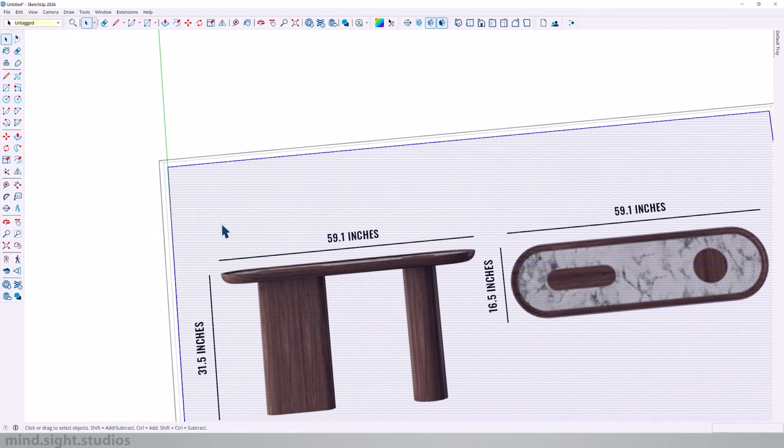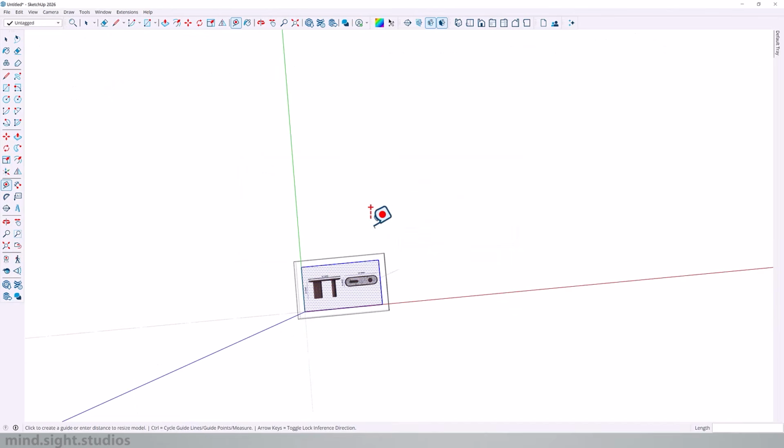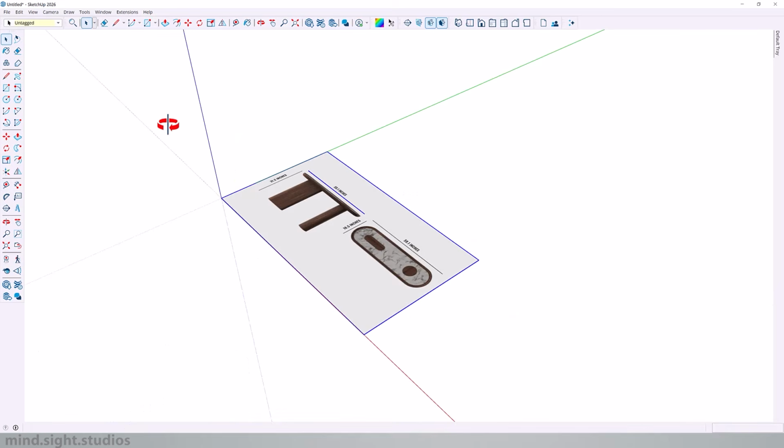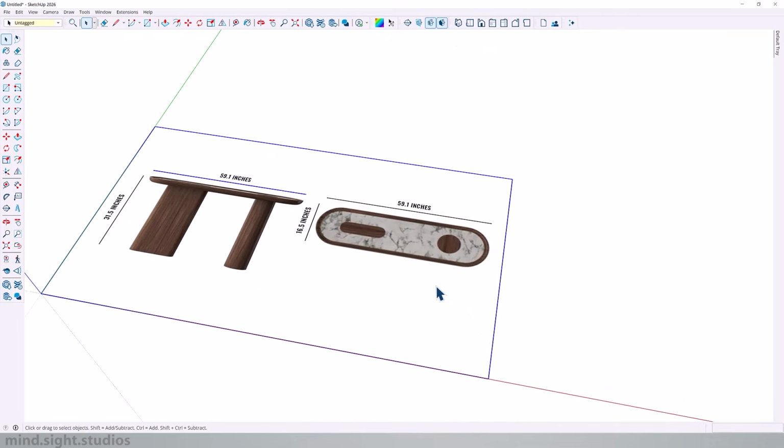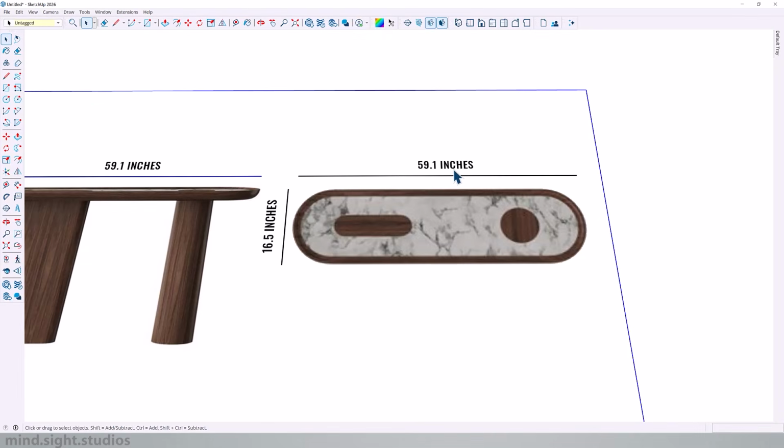And from here, I'm going to use the tape measuring tool. Once again, T is my shortcut. Reference that line, and we're going to scale this to 59.1 inches. Confirm, and now we have that scale. The reason for this is to follow a very simple and easy workflow. So we're going to draw all the basic shapes first, move to the appropriate height, and then we'll add the